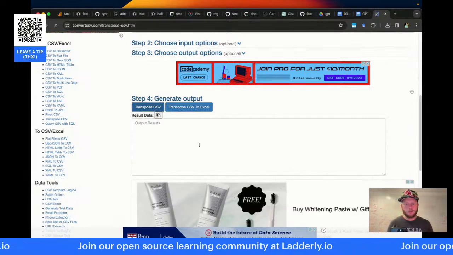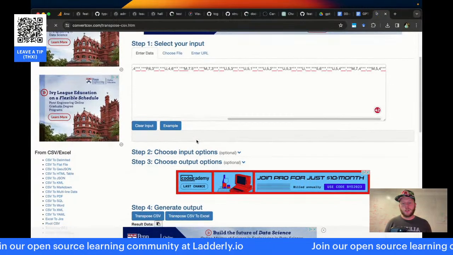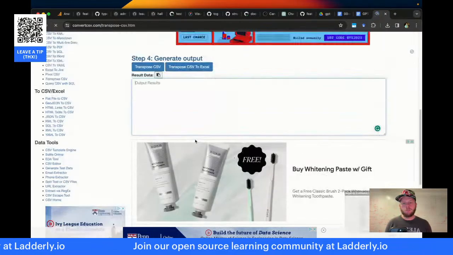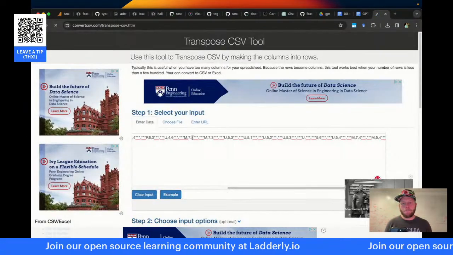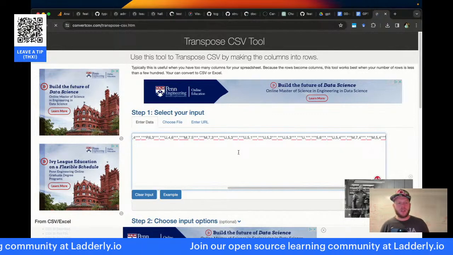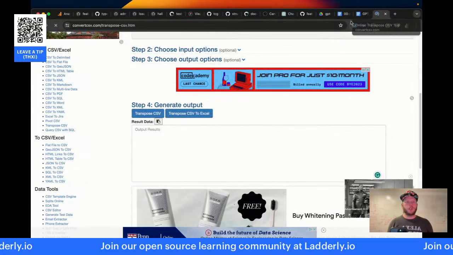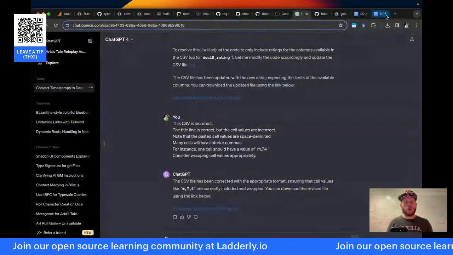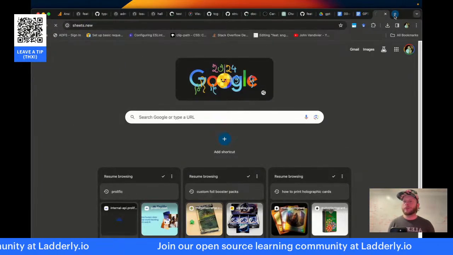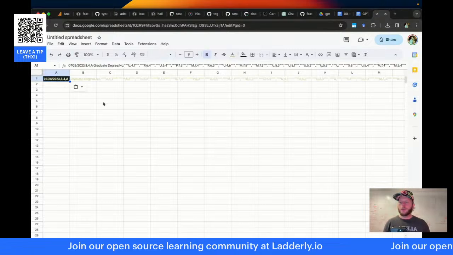Transpose it. That didn't work very well at all, did it? I think I may have broken the tool. Let's go to sheets.new, which opens up a Google spreadsheet.